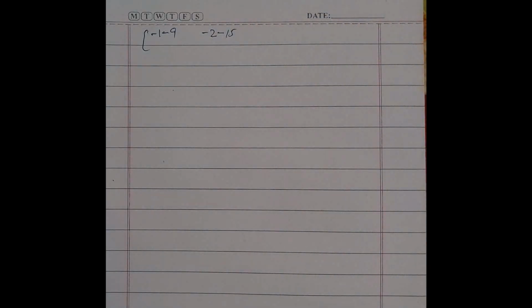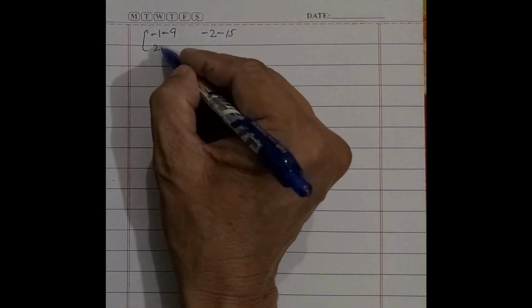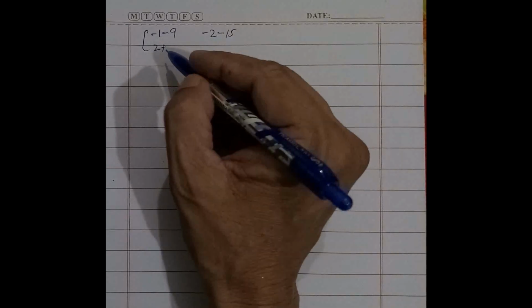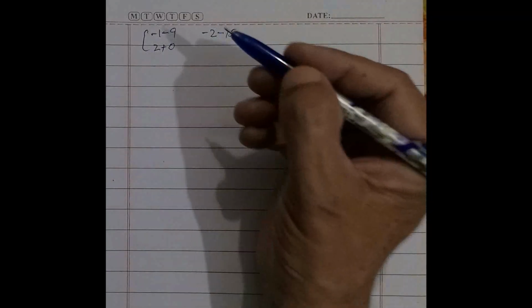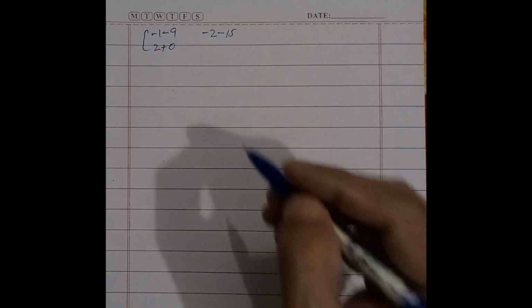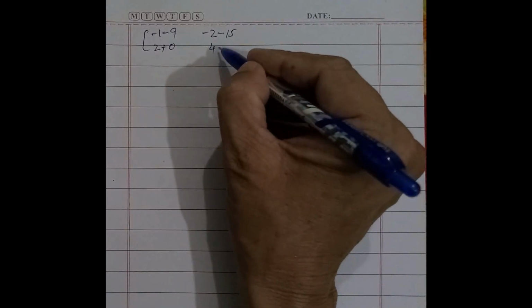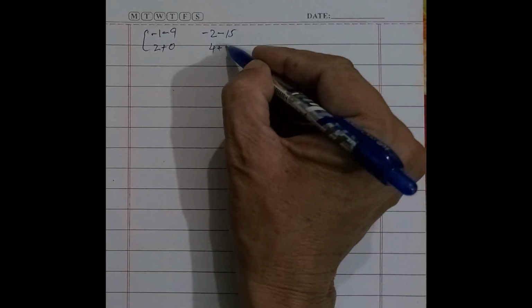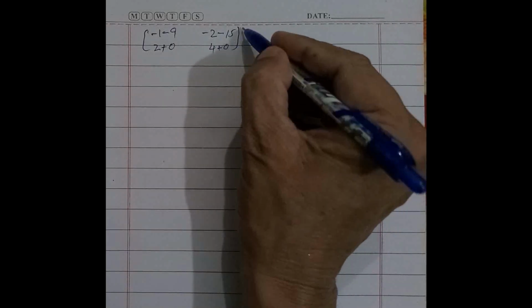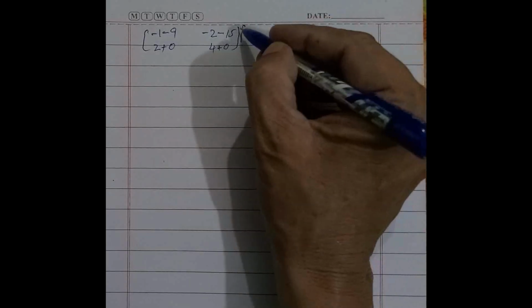And second row with the first column is 2 multiplied by 1 is equal to 2, plus 0 multiplied by -3 is equal to 0. And second row with the second column is 2 multiplied by 2 is equal to 4, plus 0 multiplied by -5 is equal to 0, plus